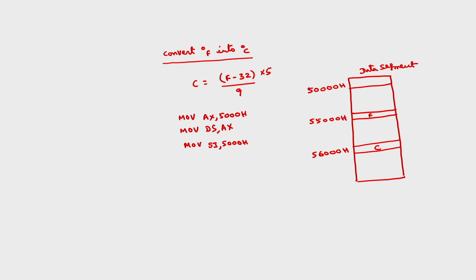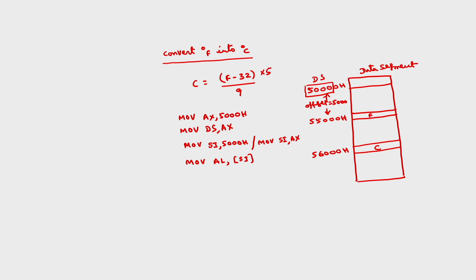Here one of the advantages of assuming these locations is, instead of this MOV SI, 5000 you can also write MOV SI, AX, because the data segment register also points to 5000 H and the offset is also 5000 H. So in this particular example both are matching, so you can directly take this AX contents onto SI. This will save 1 byte. Okay. So I am taking this into AL, MOV AL, contents of SI.